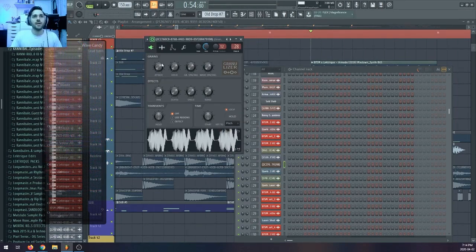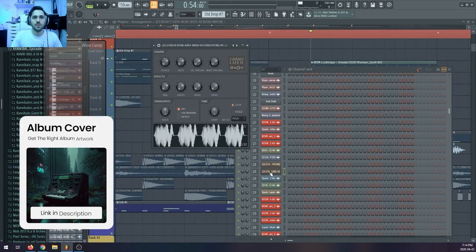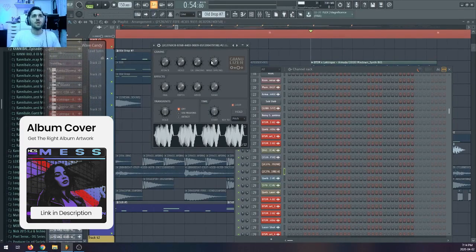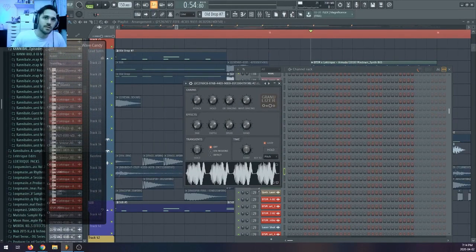But essentially what this granulizer does, I'm going to clone it just so I don't lose this patch. What it does is roll through the sample that you're importing, and the wave spacing and grain spacing determine how fast and in which direction it is going. The whole time it holds each sample for a certain amount of milliseconds, which you can see in the top left of the screen. You probably can't see it because my face is there, but there's also the attack time here that you can see the time for. So as I play with that,